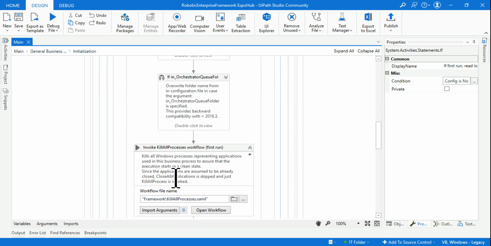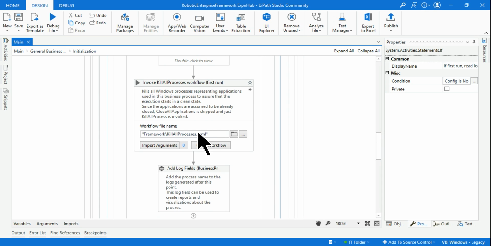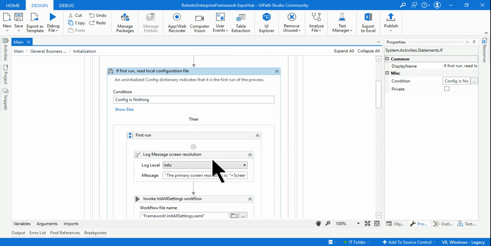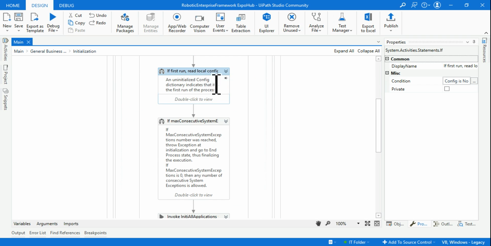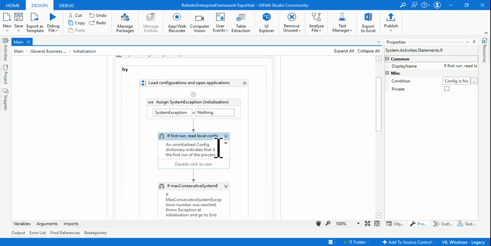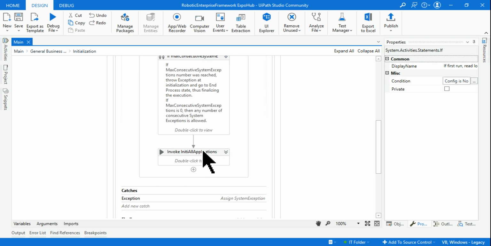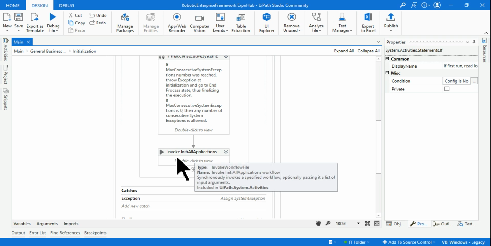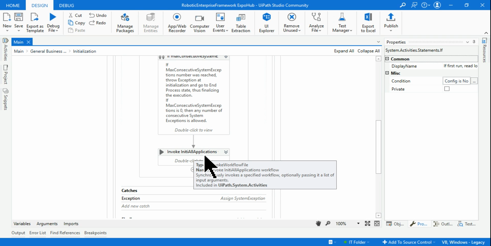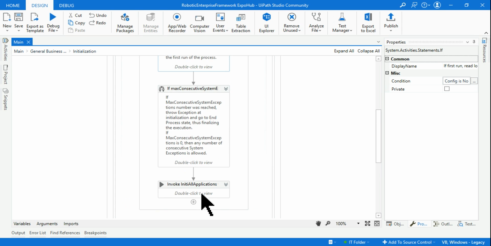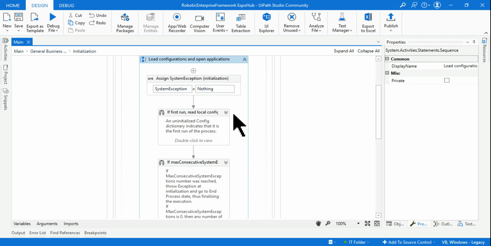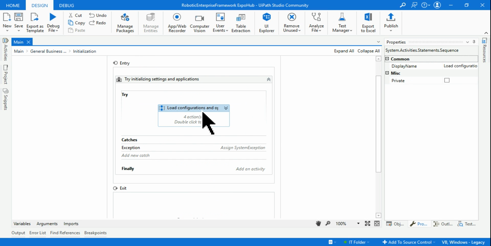Okay, it is trying to kill any opened processes and all those things. A lot of things are written inside that, but basically it is reading the configuration file. While running this activity, there could be an error, right? While opening the application, specifically here, while I'm opening the ABCD web page or a website or a URL, there could be an error. So anywhere there is an error while running this sequence,